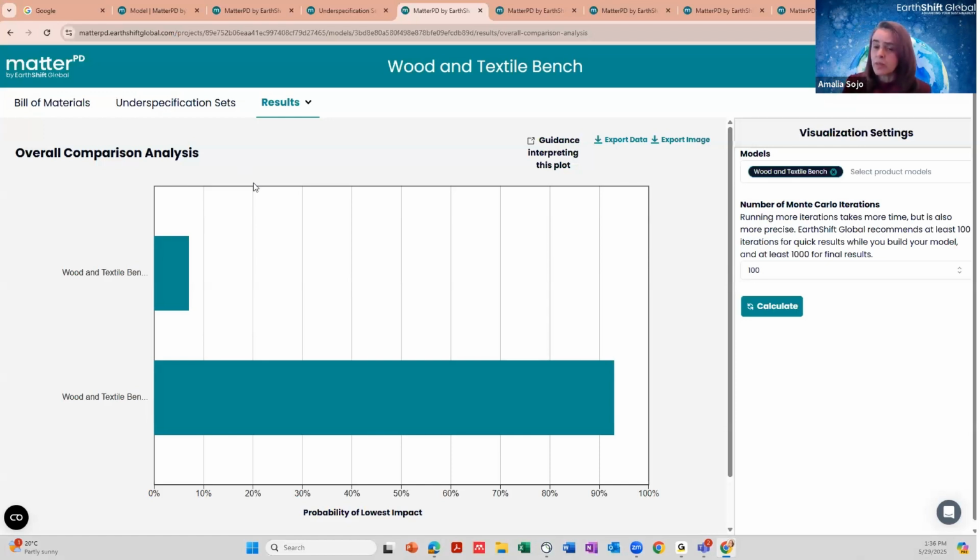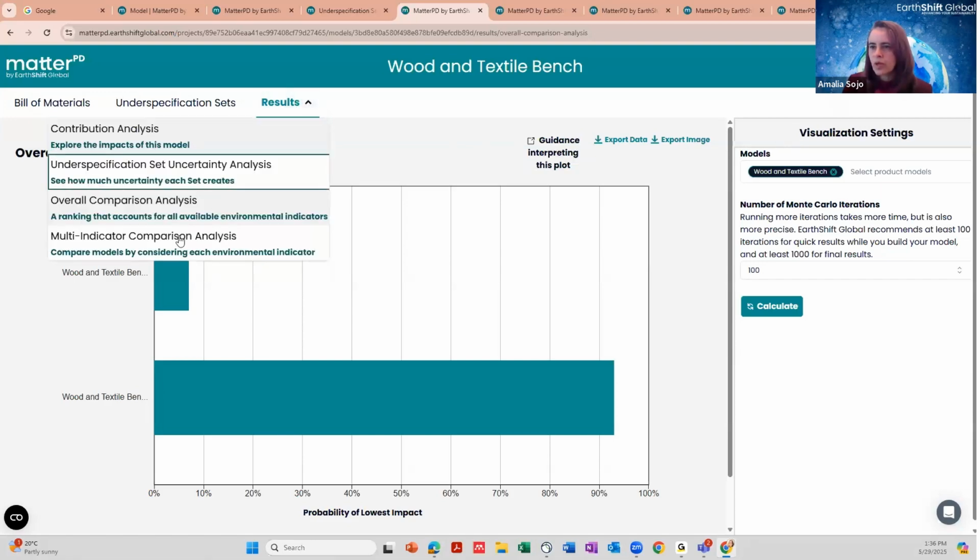So this means that although it seems like the jute yarn bench is better, it's better 93% of the runs, but there may be cases where the cotton yarn bench is better. So this is reflected in the overall comparison analysis.